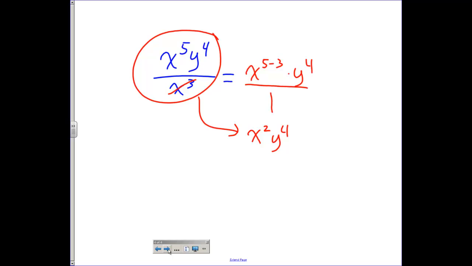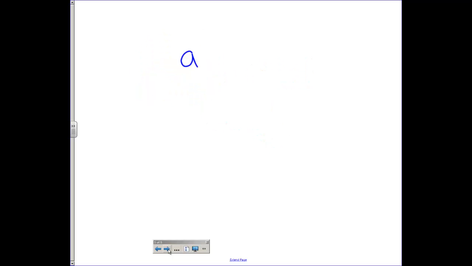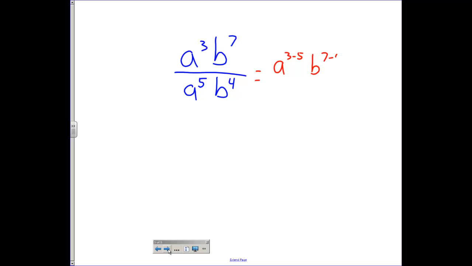Let's try it again. Let's suppose we have a to the 3rd, b to the 7th over a to the 5th, b to the 4th. Okay, so we would have a to the 3 minus 5 times b to the 7 minus 4, and that would simplify out into a to the negative 2, b to the positive 3, and technically this is equivalent to